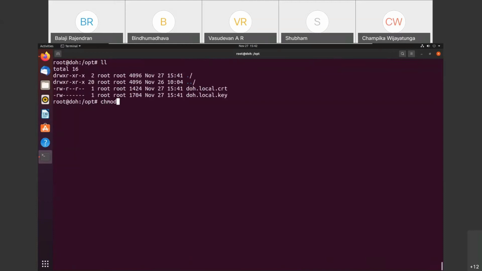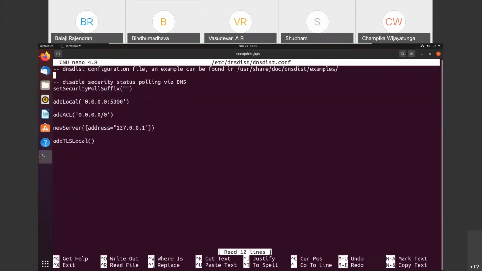I will just change the permission of these certificate files for now to 777, and I will go back to our DNSDist. Okay, so now I am adding the TLS local. I have got my certificate. Where will it be listening? The first parameter is the listening address, which is 0.0.0.0. The second parameter is the key file.